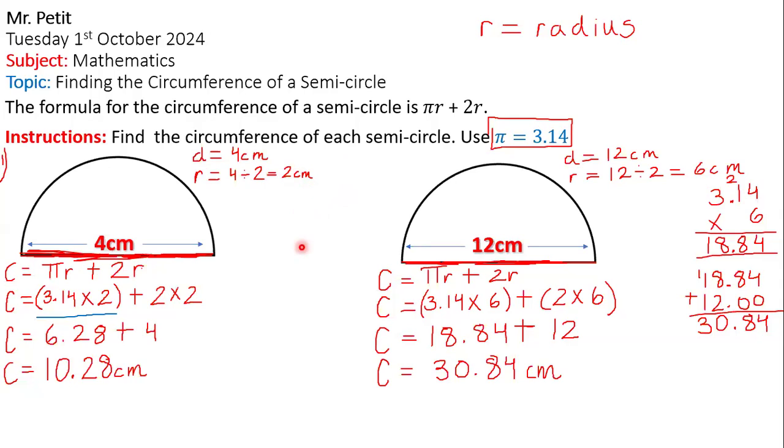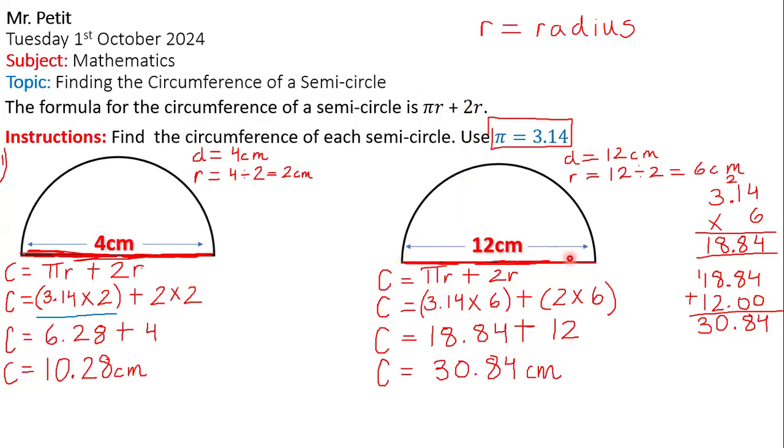So basically, we're trying to find the circumference of a semicircle. The formula, Christian, where's Christian? You see this? This is pi r plus 2r. That's the formula for the circumference of a semicircle. Yesterday we was doing the circumference of a full circle. Today we're doing the circumference of a semicircle. And you have to use this formula, pi r plus 2r. So if we come here, we notice that